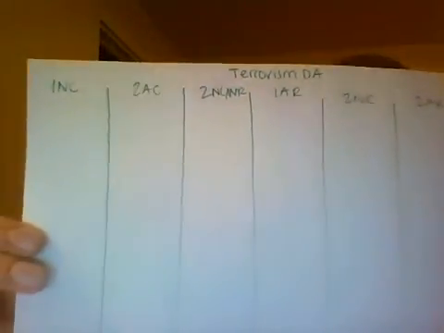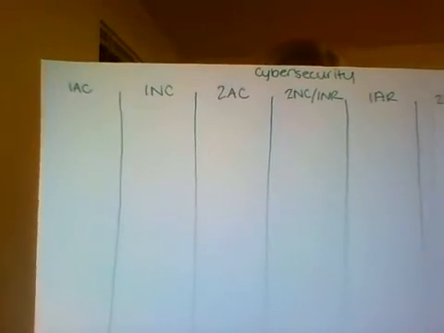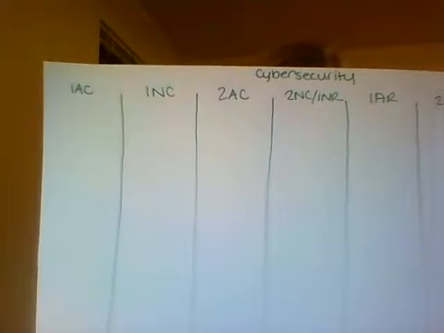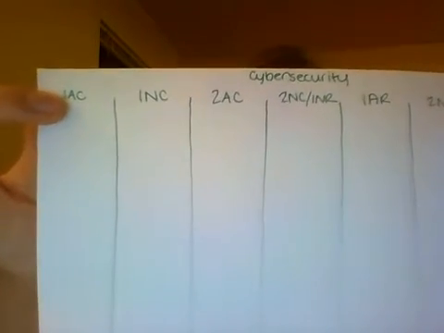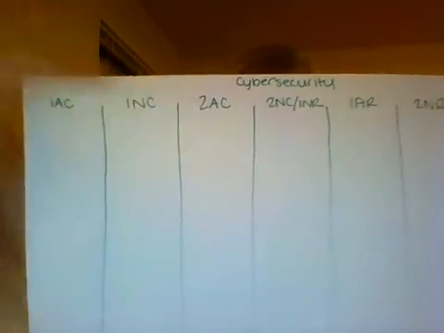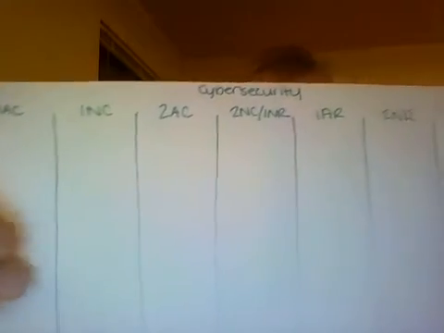So you need to make columns on the paper, and I know it's really hard to see. Let's start with this one. This is my flow for cybersecurity, and as you can see, there are 7 columns on this sheet of paper, and they are all labeled at the top with the speeches. So starting with the 1AC, the 1NC, 2AC, and you'll notice right here for the 2NC/1NR, the reason I have that in one column